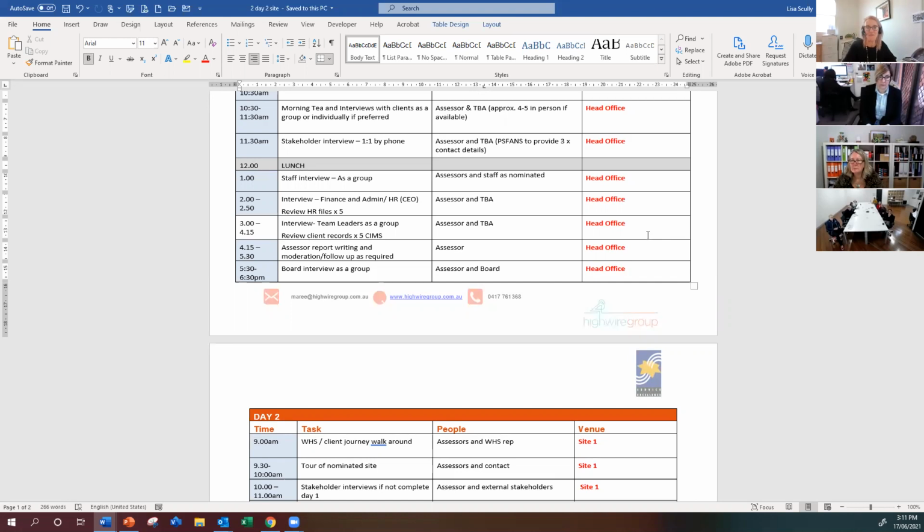So one really great example of an assessment we did was up in Port Macquarie. And at that staff interview, you could just tell that each one of those staff members understood their place in the organization, not only from a service delivery perspective, but for the strategic and operational goals that had been set by the board and the CEO.